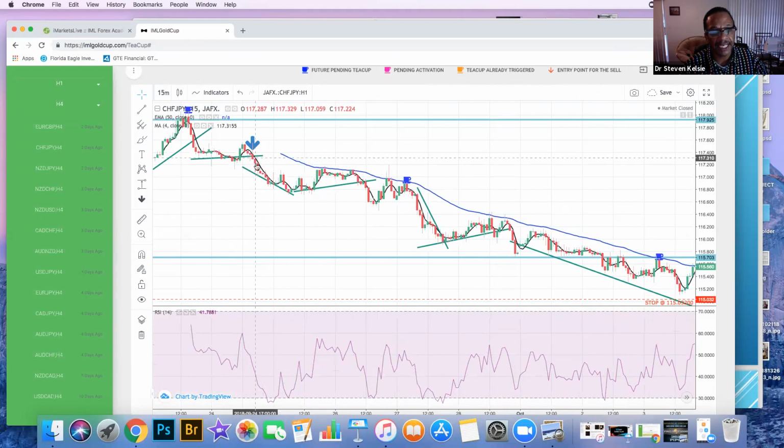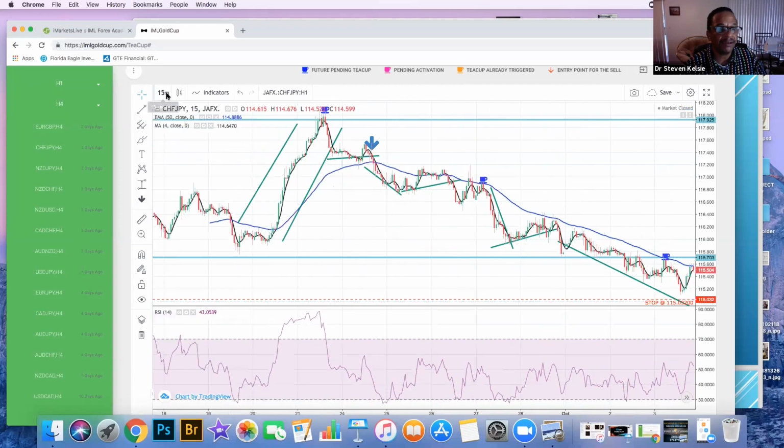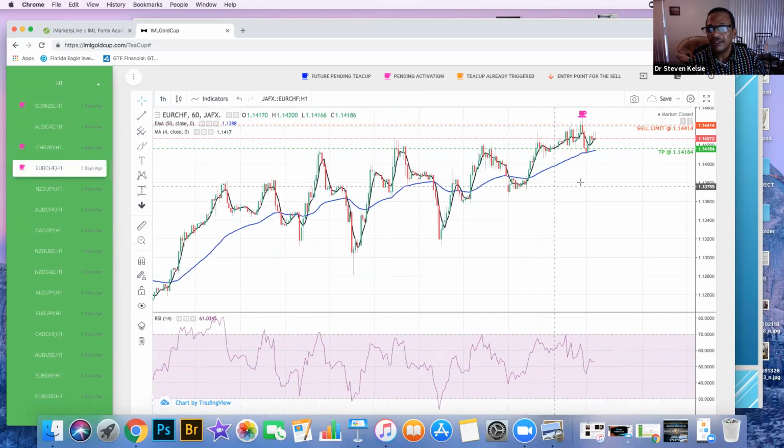That's where you would have got in. You would have carried this all the way down 300 pips. But that's for somebody who understands structure, that can see the pattern. Until you see the pattern, you can use the teacup for your